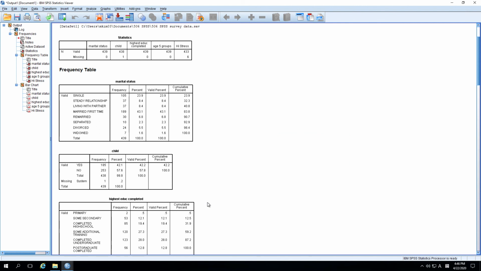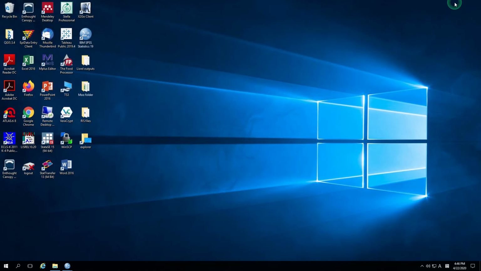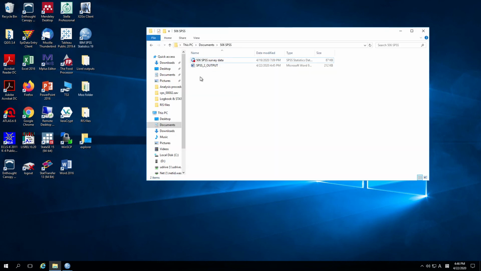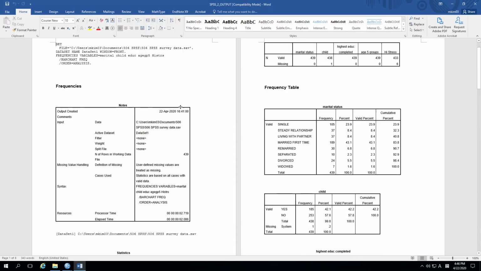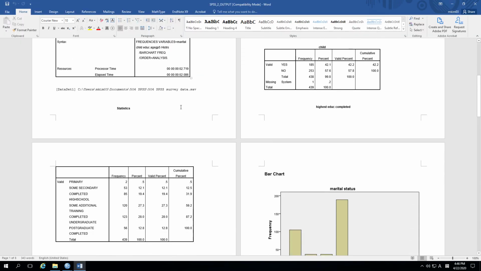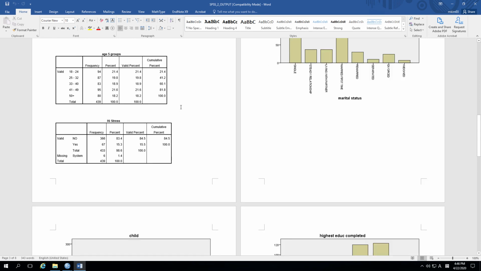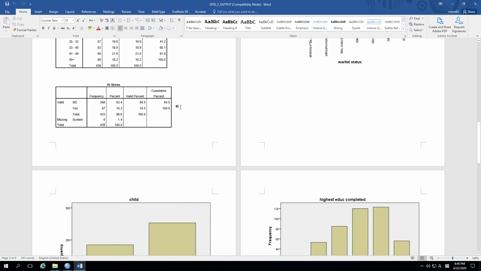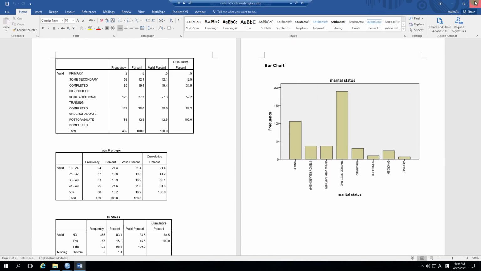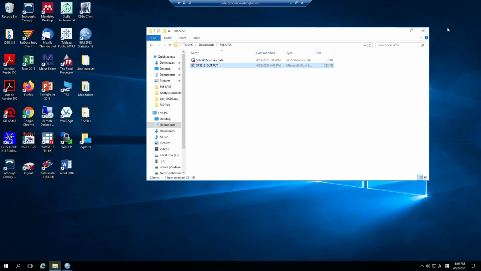Now let's check if the document is saved correctly. So yeah, this is the folder that I saved the output document. Let's open it. Yay! The output is saved just right. Okay, let's just close it. And let's go back to the